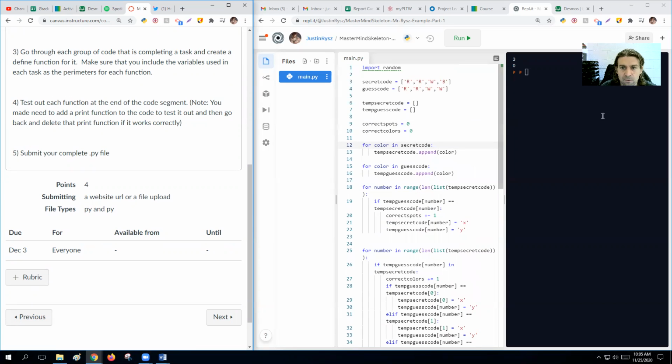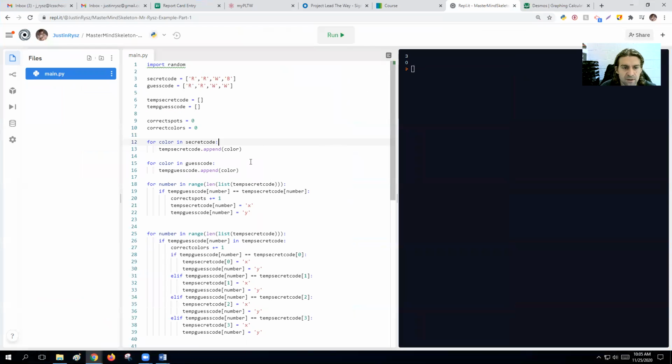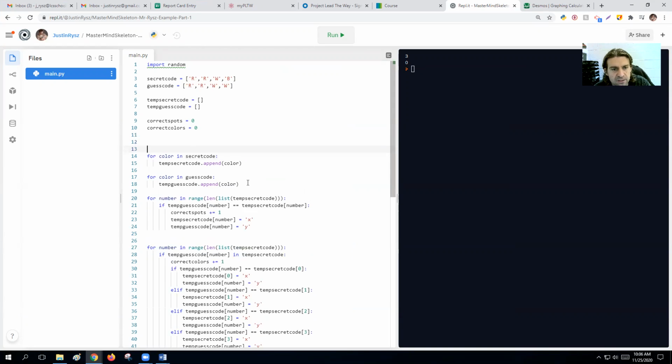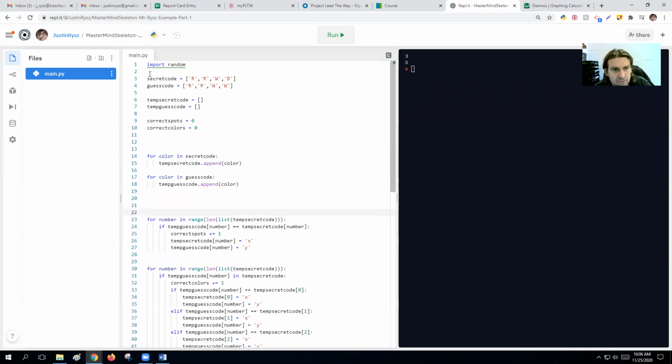Okay, so what we're going to do is take our code and break down what we do in defined functions. So if you remember when we looked at our code, we set up everything and initialized, and we're not going to change that at all. We're not going to change anything in the initialization. We're just going to always leave it like this. But this next part is where we build our guess code, right? And our secret code. So let's call this define